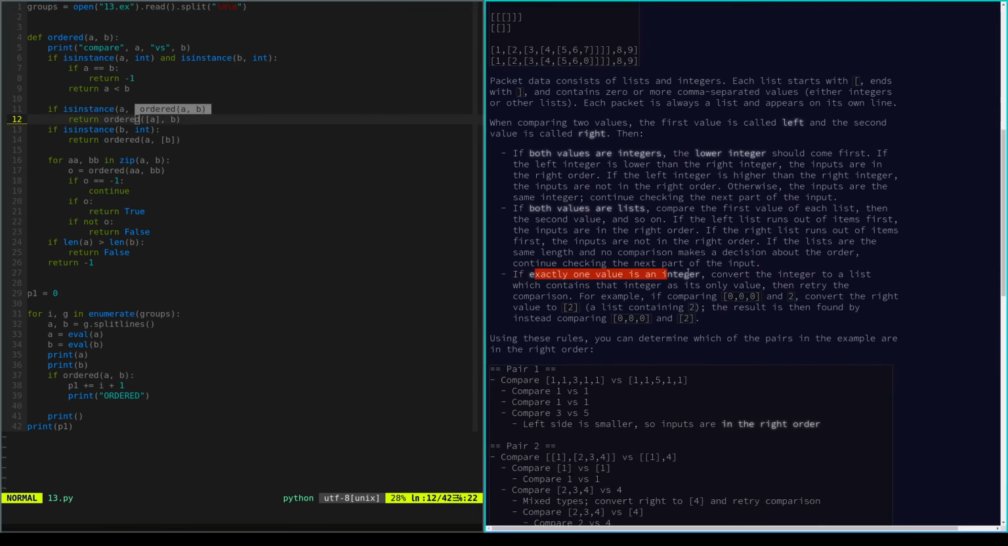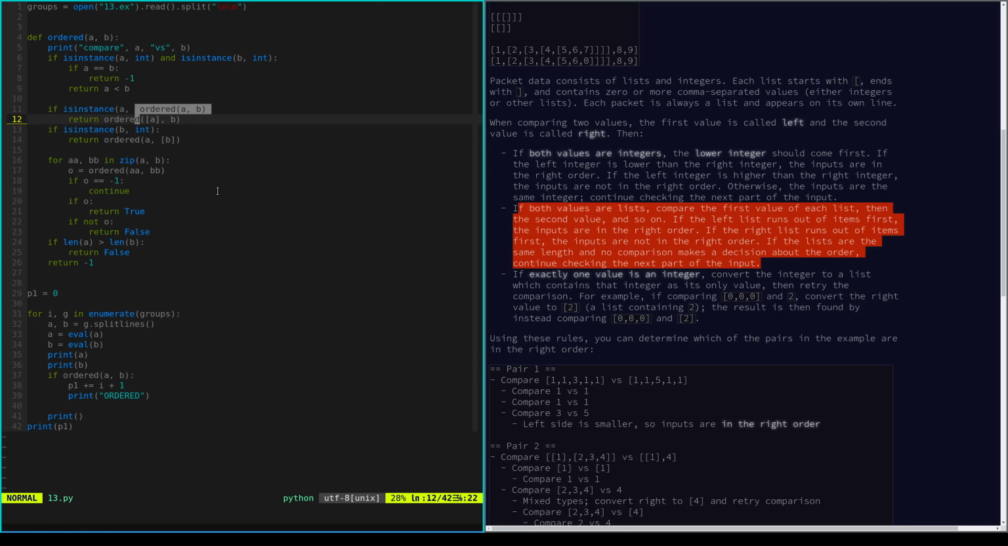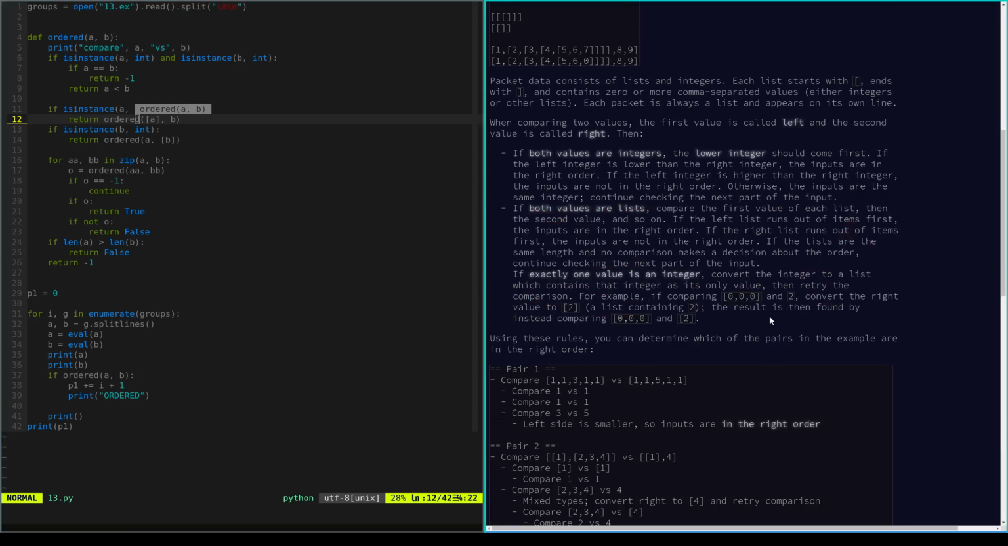So if both values are lists. If exactly one value is a list, convert the integer to a list which contains that integer as its only value, then retry the comparison. For example, blah, blah, blah. So this is,